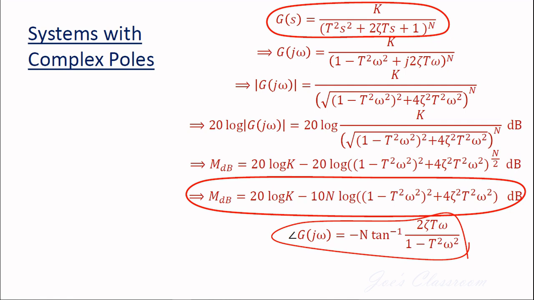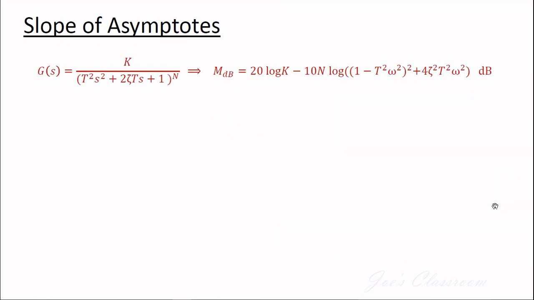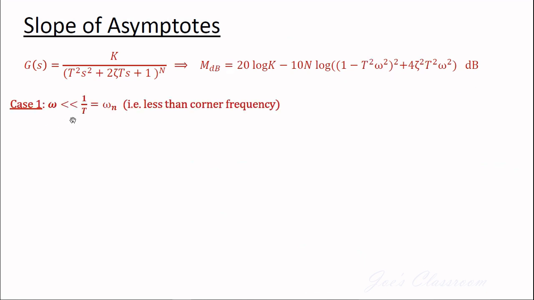Here, rather than taking a specific example to understand the shape, I'm going straight into understanding whether this expression will have any asymptotes, whether I can approximate this expression by some asymptotes analytically. So let me take that expression here, and let me take a first case where the frequency is far